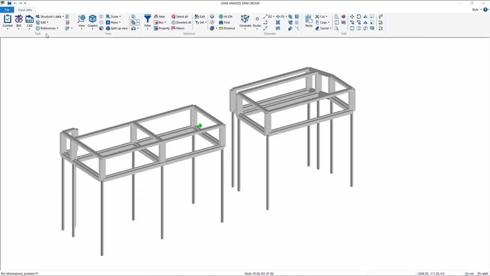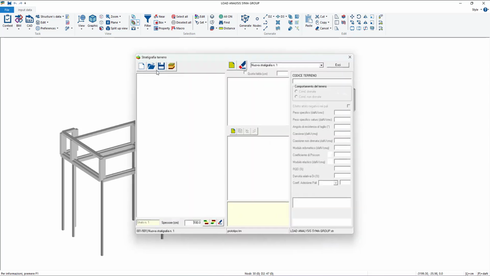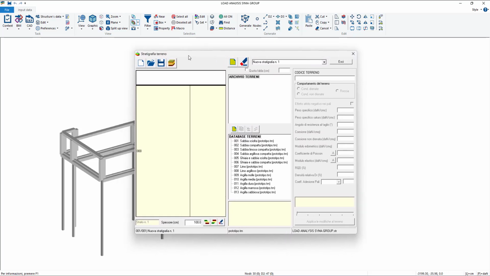Okay, so now we can go on and define the stratigraphy of our model. In order to do that, we have to go to structure data, geotechnical analysis, soil definition. Here you can define the stratigraphy, and in particular you can define more stratigraphies collected in archives.